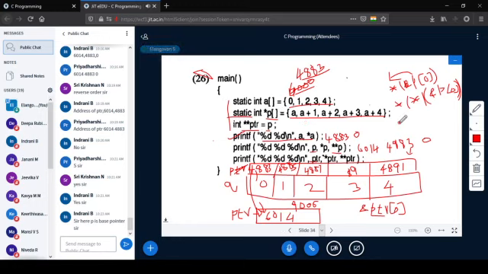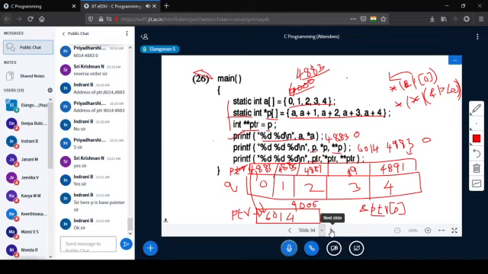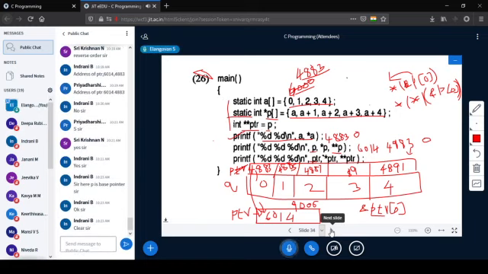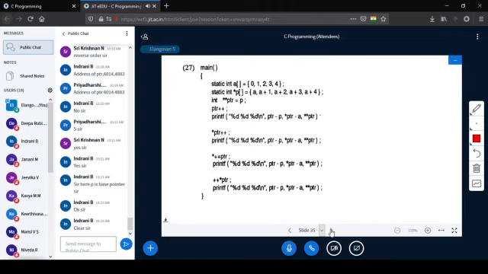Is it clear? P is the base pointer of the array P. Shall I move on? Any other clarifications? Okay, fine. Yes, how about this?